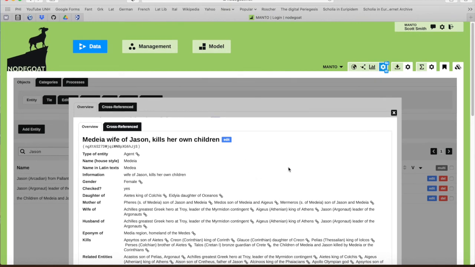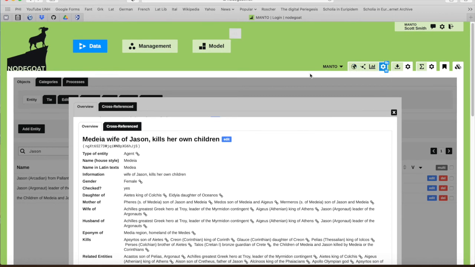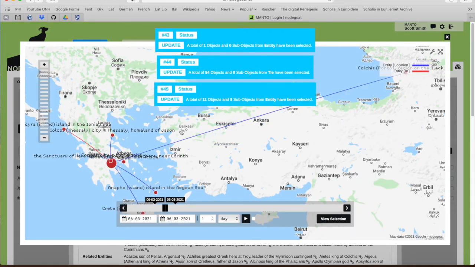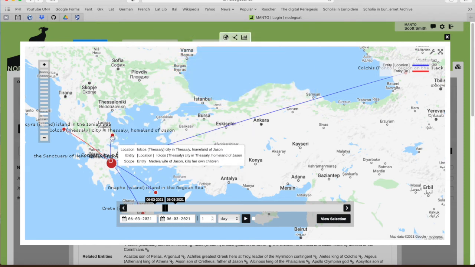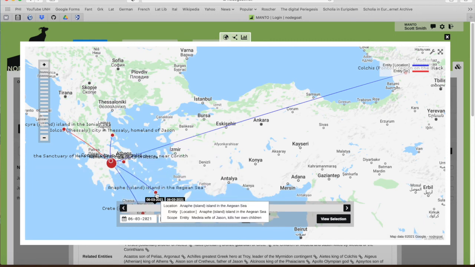One of the things that MANTO tries to do is to tie the historical world back to the mythical world where places were said to have been founded. We can also map the places with which Medea is associated. Because Pausanias looms so large in our data set right now, Corinth has a large dot with lots of data. But you can also look and see what other places she's associated with.